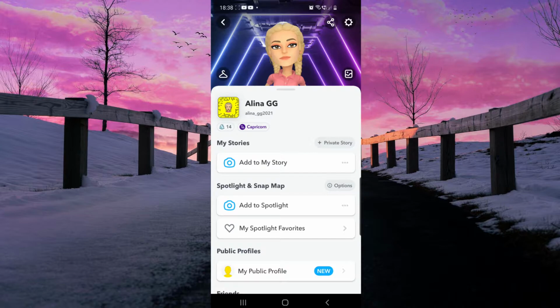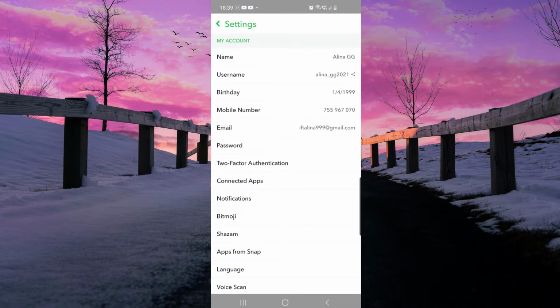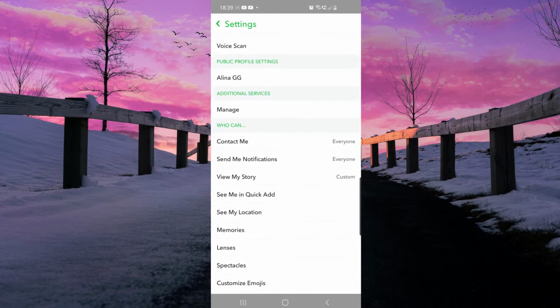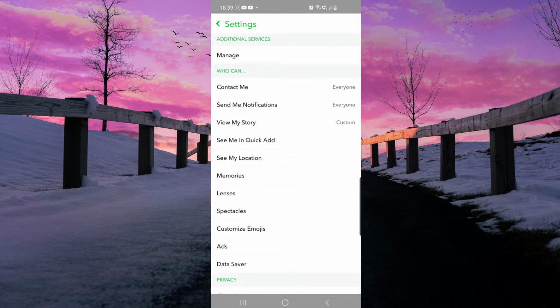So here, as you can see, I am already on my Snapchat app, so make sure that you are on this page too. From here you have to go to your settings, so click on the gear from the right top corner, and then scroll down. At the "Who Can" option, in the middle of the page, you will see Memories under See My Location. So click on Memories,